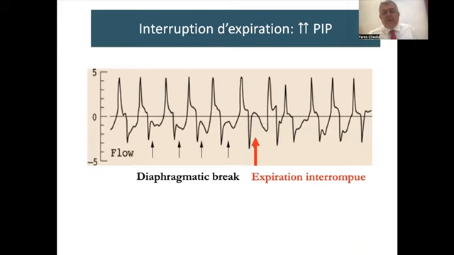So that's interrupted expiration. When there is interrupted expiration, you see that one expired volume is here, then the patient inspires a little bit, then there is another expired volume here. So the system will think that this is the expired volume. It will not add this, and this small expired volume will order the next breath, and the next breath will shoot up. So interrupted expiration can be interpreted as a small expiratory volume and will order a next breath that's much higher. All right?